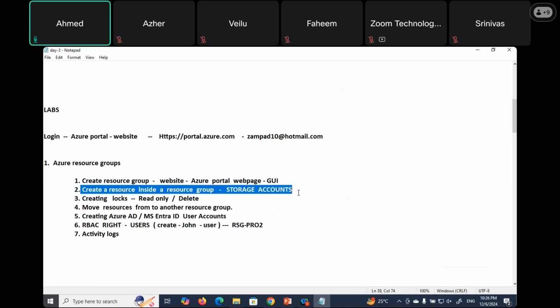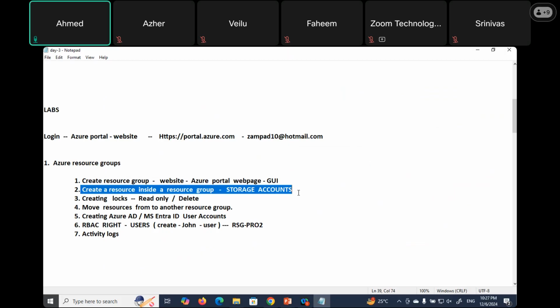But try to understand, guys, I'm not teaching today. I'm not going for a storage account class. Today I'm not going for a storage class. We have one separate class for storage. On that day, we are going to discuss what is Azure storage. Just I'm creating a resource that is called storage by using default settings, to check when I'm creating the resource,